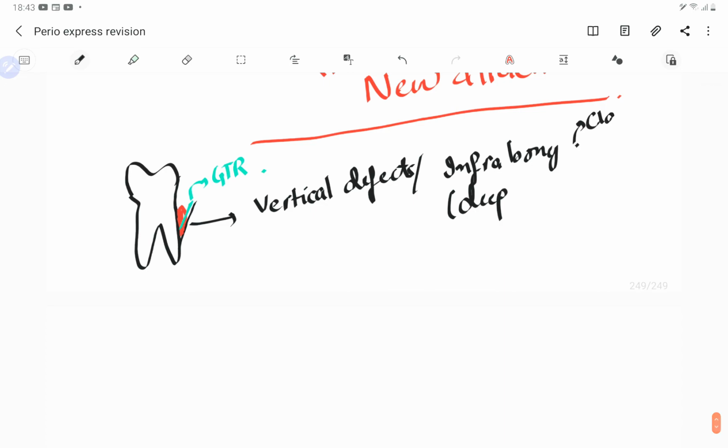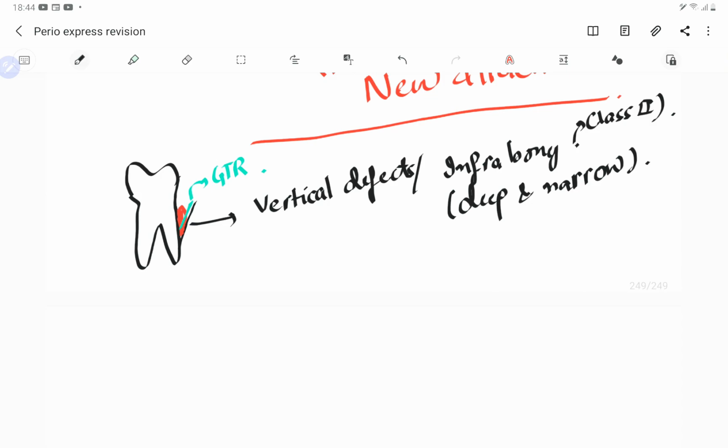In the class 2 defect guys, shallow and wide defect, we again do the resective. But the deep and narrow class 2 defect, we do the regenerative procedure, which we have talked about. Say suppose there is a one wall infrabony defect, then there is only one wall, we cannot reconstruct the whole room. So that is again a contraindication for a GTR. Poor hygiene is again a contraindication for GTR. Generalized horizontal bone loss is again a contraindication for GTR.